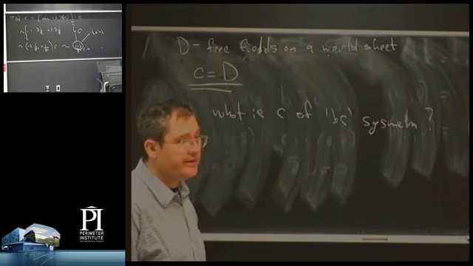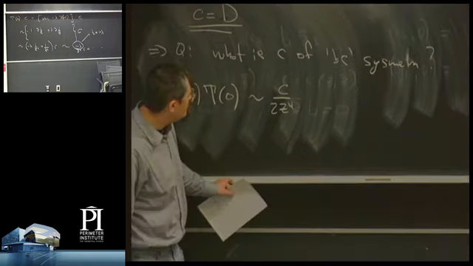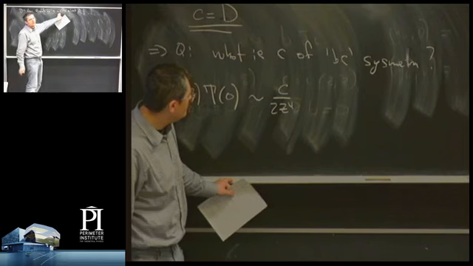We would like to know what's the central charge of this CFT, right? So let me remind you that the only CFT we know so far is the CFT of D free scalar fields on a flat worldsheet. Okay, and so here remember that we're talking about Euclidean worldsheets with flat metric, and so in that case